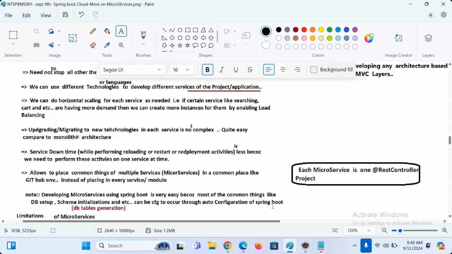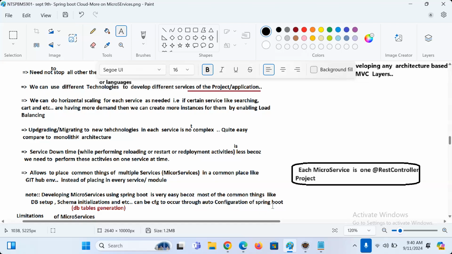I have 200 microservices. All of them are talking to Oracle database software. Instead of writing connection establishment and DB table creation logic 200 times manually, if I use Spring Boot in all 200 microservices, they will come automatically through the auto configuration process.